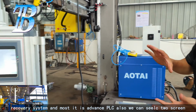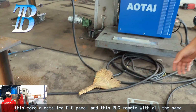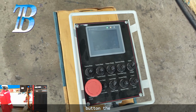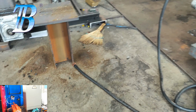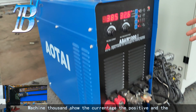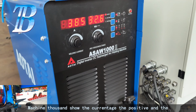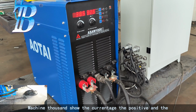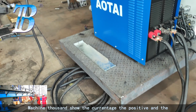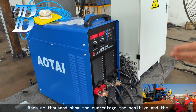This PLC has 2 screens. This is the more detailed PLC panel, and this is the PLC remote with the same buttons as the PLC panel. This is the Altai welding machine with 1000 amperage, showing the current and voltage, with the positive welding cable going to the welding head, and also the negative welding cable goes to the welding head. Sorry, the positive goes to the